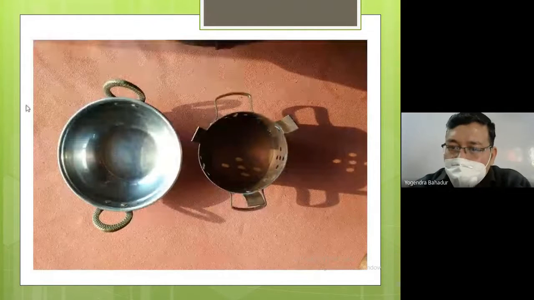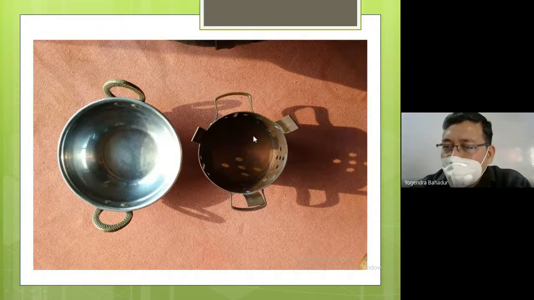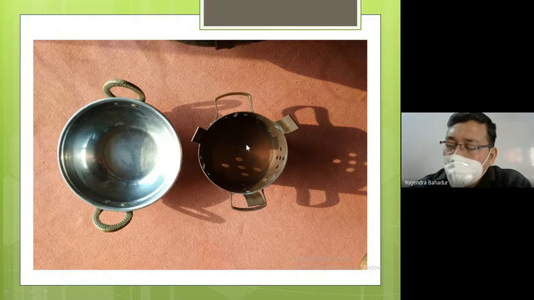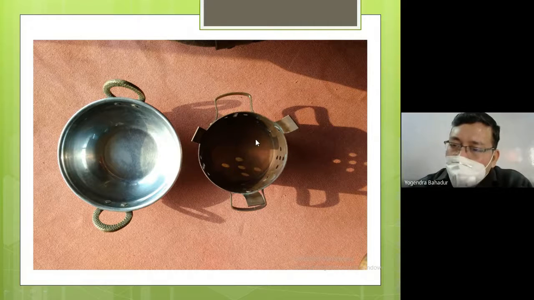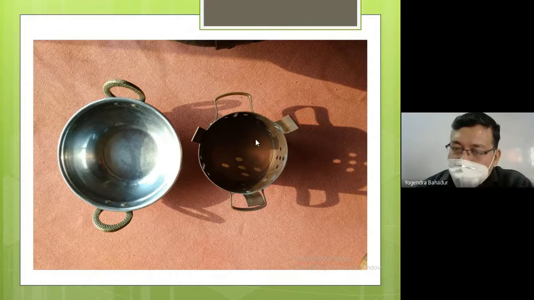Here you can see it is a very small service kadai, and on the right hand side you can keep the burning coal also, or you can keep the fuel container also. And if you are going to keep that fuel container, you have to light it, and this small service kadai is supposed to be just placed on this fuel container. This way we can also increase the appeal of the service. Along with that, it also helps to serve hot food to the guest.